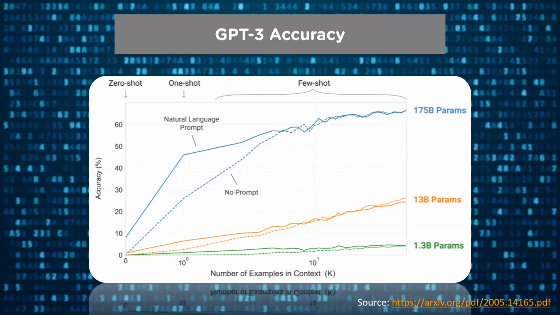Larger models make increasingly efficient use of in-context information. In zero shot, the model predicts the answer given only a natural language description of the task. No gradient updates are performed here. In one shot, the model sees a single example of the task along with the task description. In few shot, along with the task description, the model sees a few examples of the task.